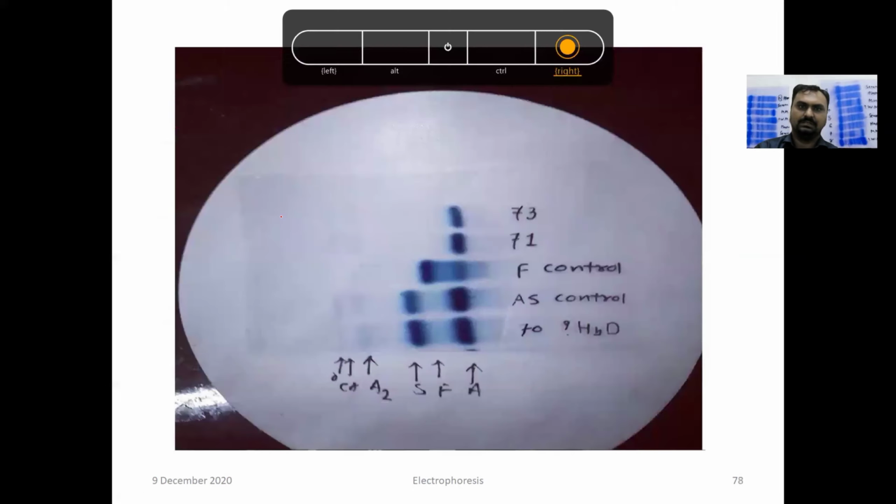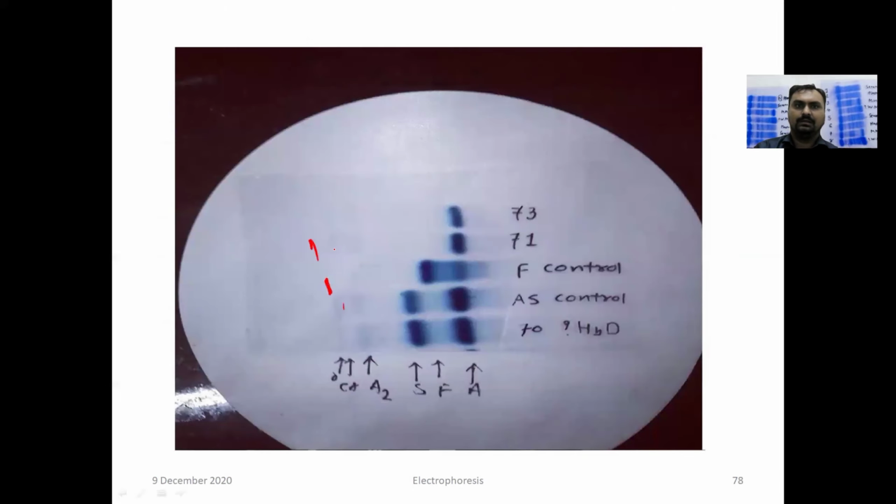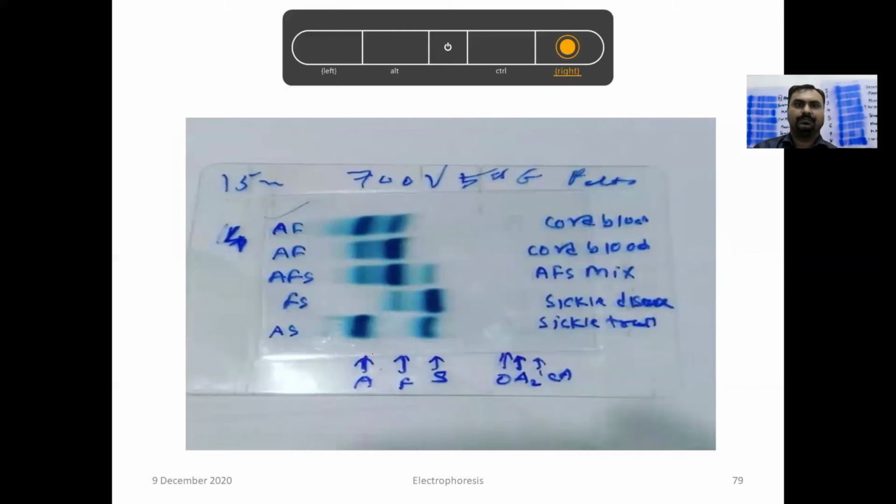Okay, this is the hemoglobin electrophoresis picture. When we apply the sample here, the A band will move highest, then F, then S, and then HbA2. If we see bands in the A and S region, that can be sickle cell trait. If we see only a fetal band, that is fetal hemoglobin. This is a normal pattern: there is HbA and a slight HbA2 seen.